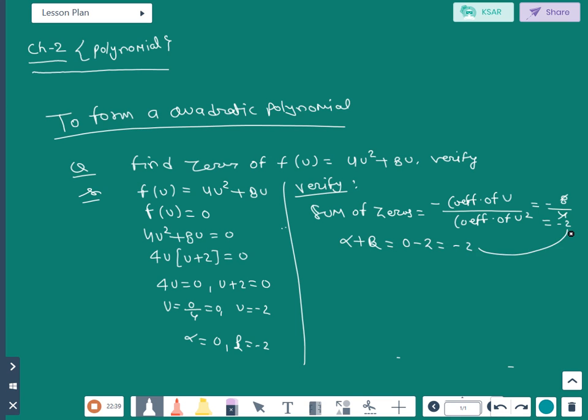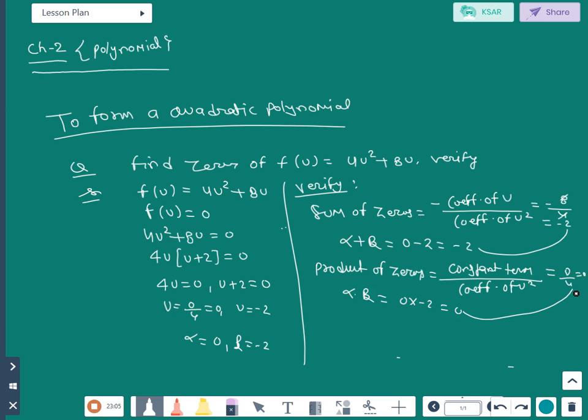Same way you will find out the product of zeros. Product of zeros, that is constant term divided by the coefficient of u square. Constant term is 0, upon 4 is 0, and using values, alpha dot beta is 0 into minus 2, 0. Verification is completed or not? So firstly using formula, then second using the